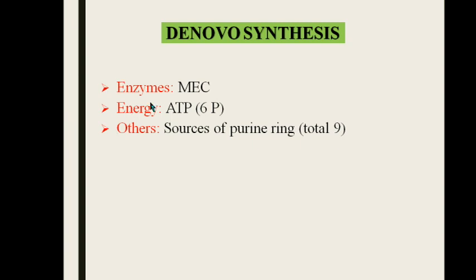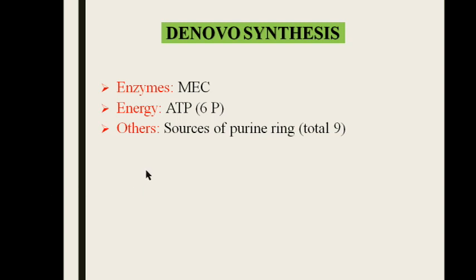Comparing to the energy that is required, like you have a gluconeogenesis pathway, again it is an energy producing pathway, and to operate gluconeogenesis, again it requires energy. Similarly here you have a purine biosynthetic pathway. To produce energy, it also requires energy. About 6 ATPs are consumed during the biosynthesis pathway of purine metabolism.